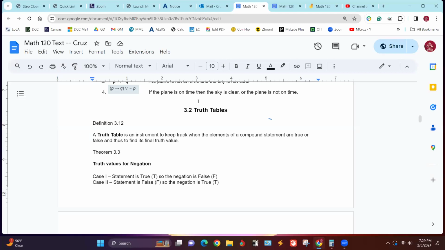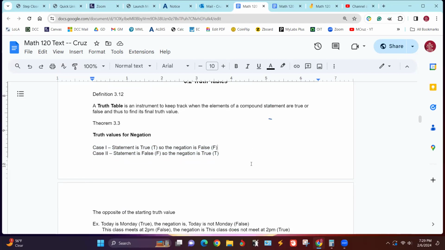Now, what we start out with are these basic truth tables, and we talked a little bit about them up there before, but the negation is basically you only got two possible outcomes when you're negating a statement. If you've got a true statement and you negate it, the negation is obviously false. If we start out with a false statement, then the negation is going to be a true statement. And those are the only two possibles.